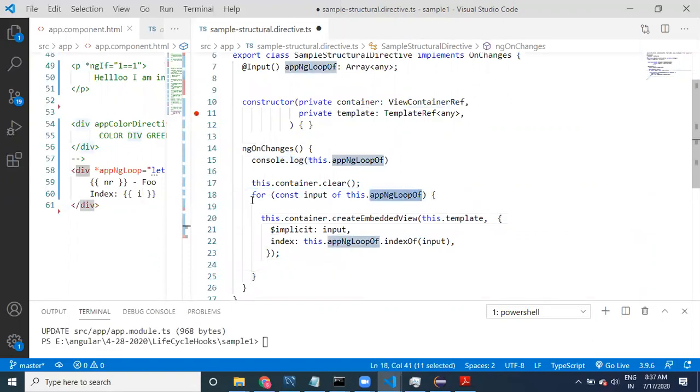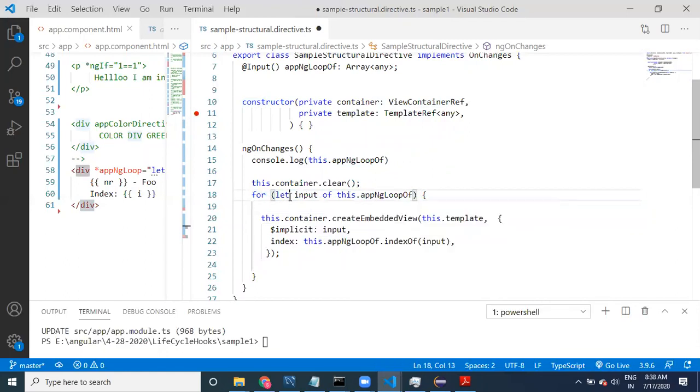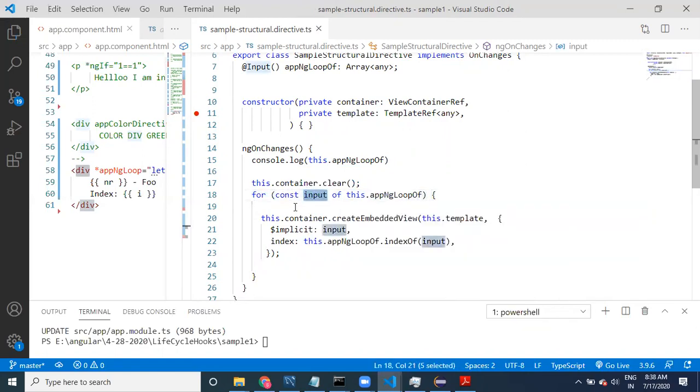This is the for loop in TypeScript. We got the array, right? The appNgLoop array is available. See here, guys, from that array we take values one by one. Here we can use let also, or constant if you don't want to change this value, or you can use var even.